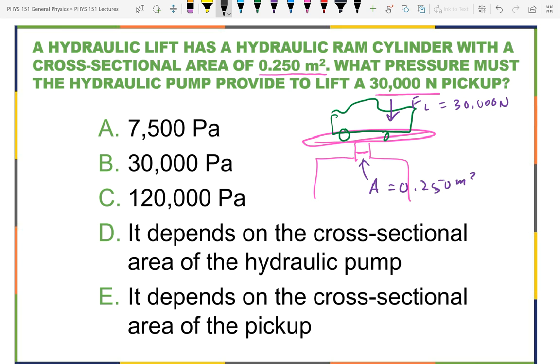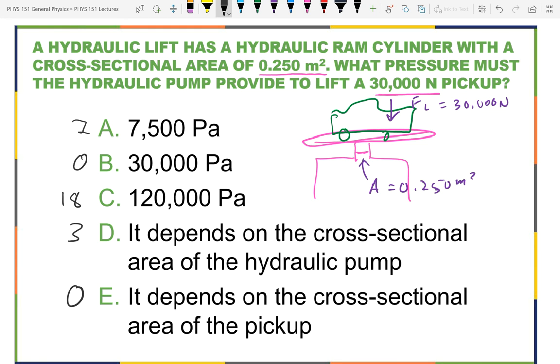Okay, so we have two people who said 7,500 pascals. That's a 2.0 that said 30,000 pascals. 18 that said 120,000 pascals. 3 that said it depends on the cross-sectional area, and only you can tell me how many answered the last one. Because yeah, it's not showing on my screen. Okay, let's